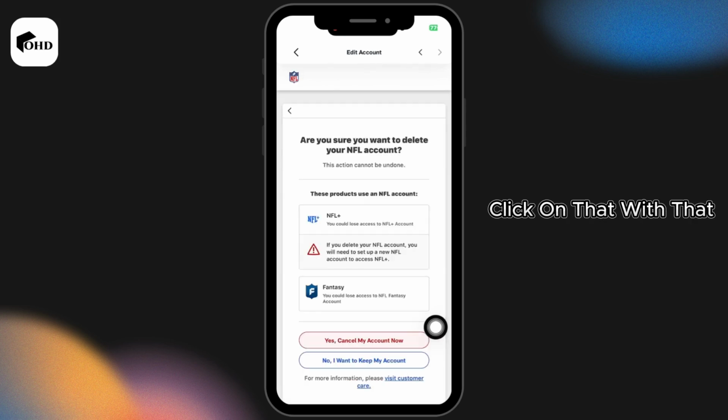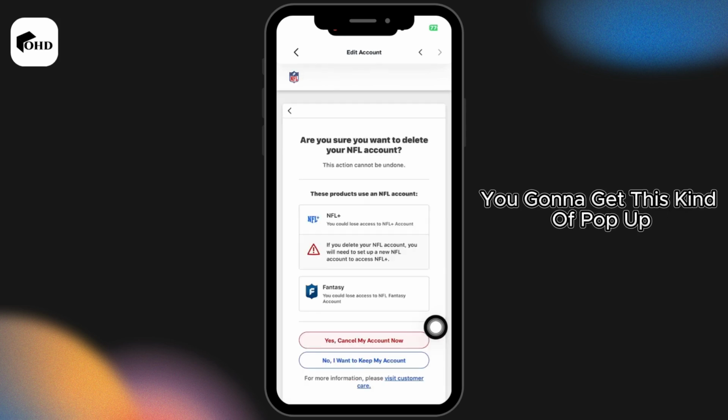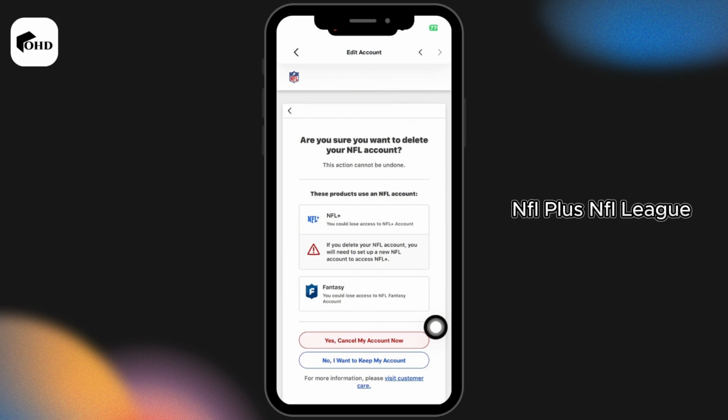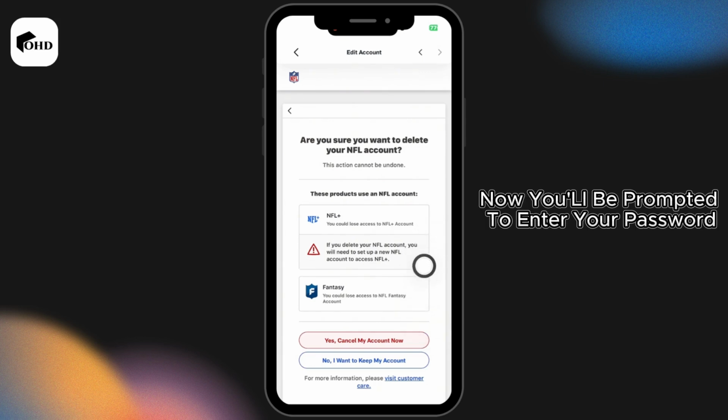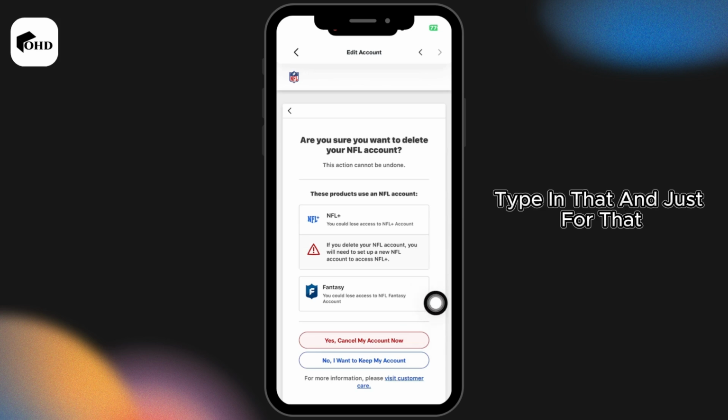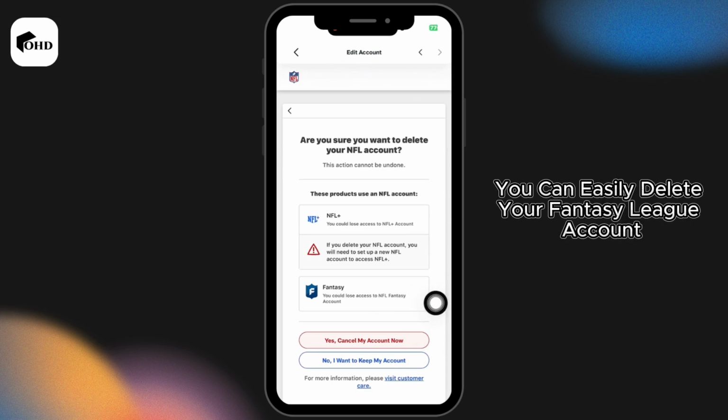Click on that. With that, you're gonna get this kind of pop-up along with your NFL account. NFL Plus, NFL League, likewise Fantasy will also be deleted. Click on the option Yes, cancel my account now. You'll be prompted to enter your password, type in that, and just with that your account will be deleted. So this way you can easily delete your Fantasy League